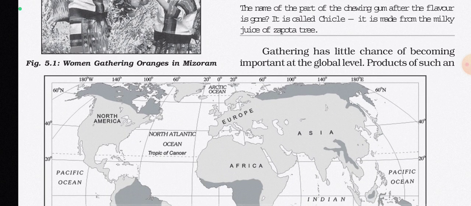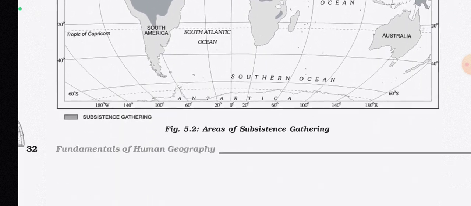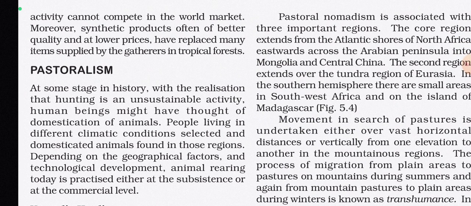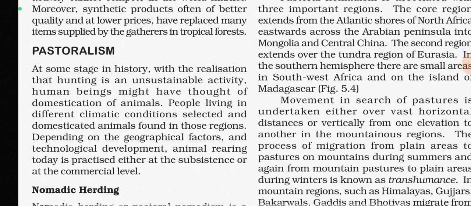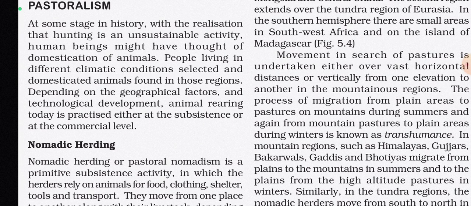Gathering has little chance of becoming important at the global level. Products of such an activity cannot compete in the world market. Moreover, synthetic products, often of better quality and at lower prices, have replaced many items supplied by the gatherers in tropical forests. Pastoralism. At some stage in history, with the realization that hunting is an unsustainable activity, human beings might